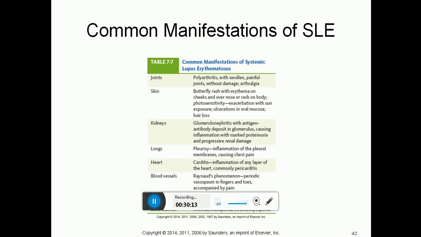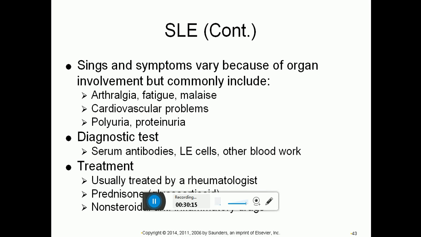So if you're talking about signs and symptoms, it all depends on what part of the body it is attacking. We have general symptoms, for example, fever, malaise, fatigue. Arthralgias are usually common symptoms. These are more of the general symptoms, but then the more specific symptoms depend on the system that